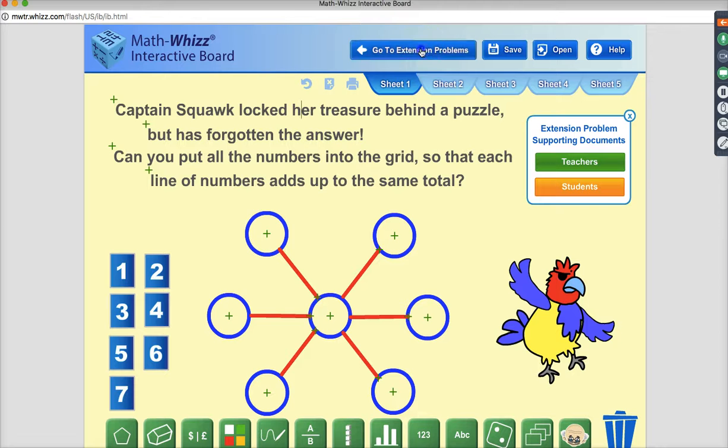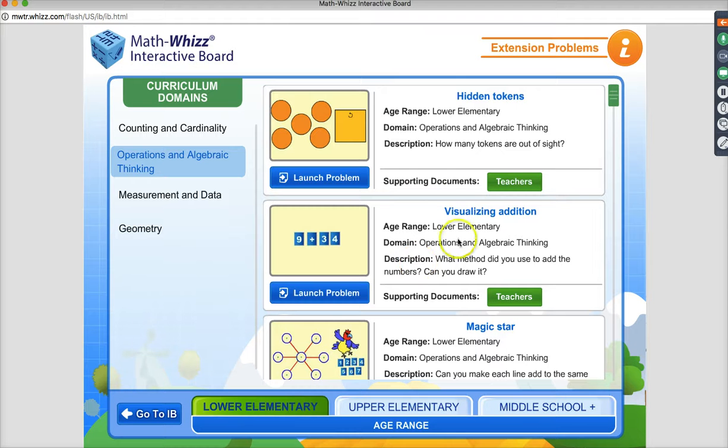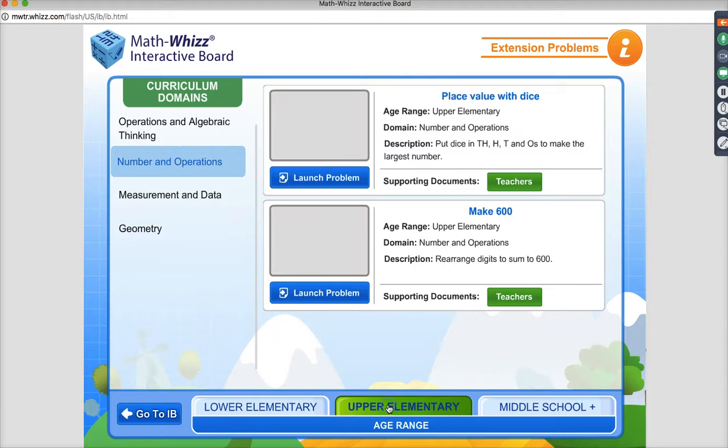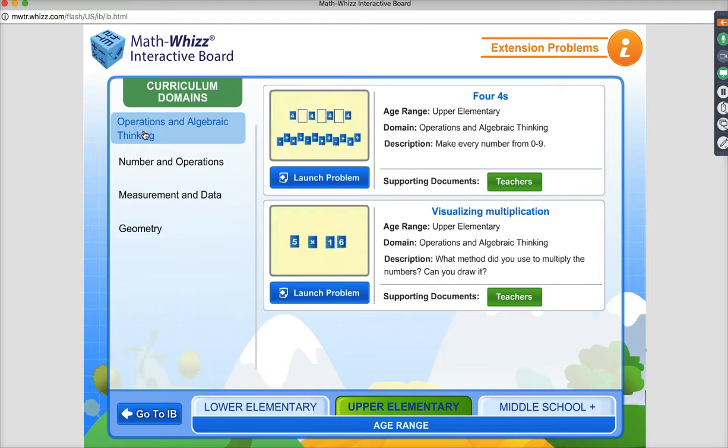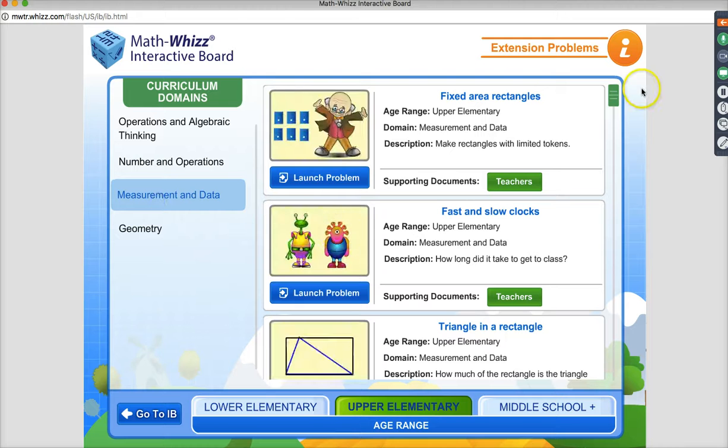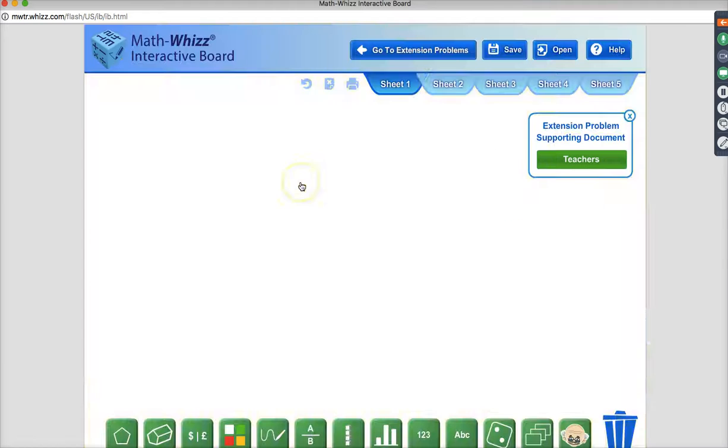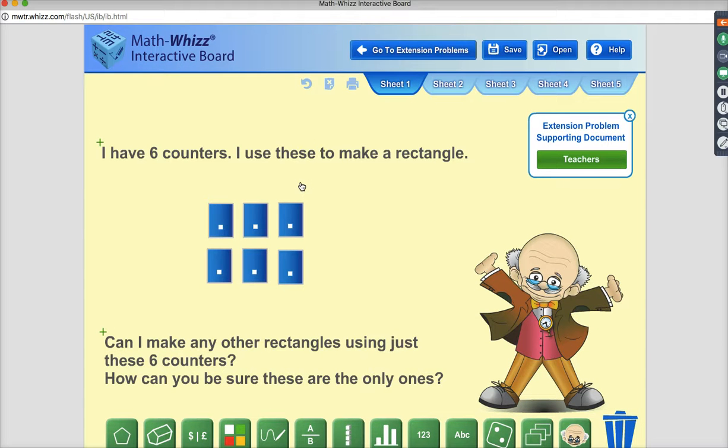And do you do them online or do you print them out? If there's a document that needs to be printed, it'll be over here. It will say students. But if it's just for the teacher, like this, it can just be online. It's just a PDF that you can download. Okay. And then we've broken it up into lower elementary. You're probably looking for more of the upper elementary. But as you can see, we have a few here that you have access to. And it jumps you into the interactive board, which is really nice. Is there anything else?